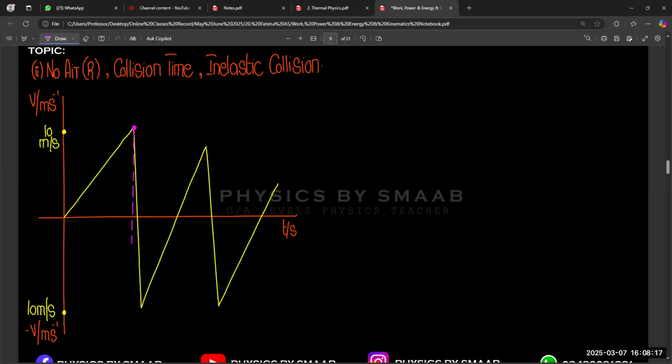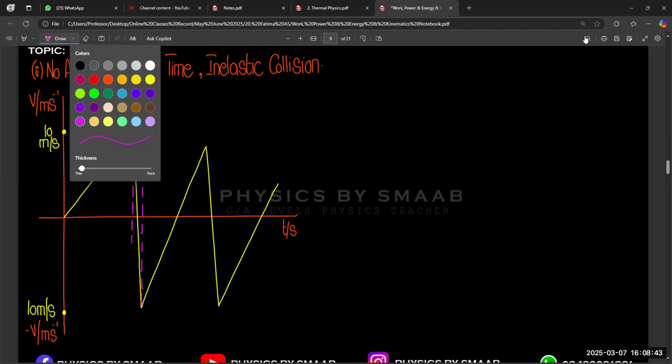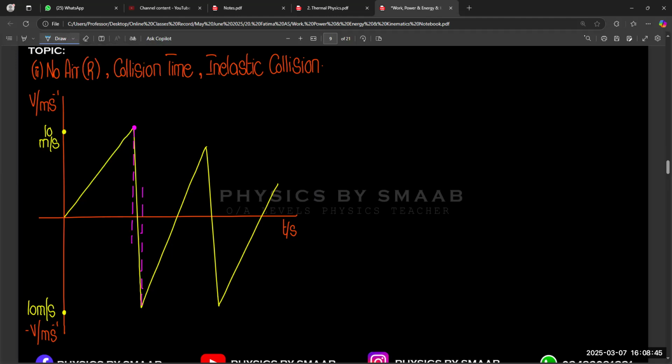If we draw a straight line, we can identify the difference. Basically this difference represents the collision time, because when a body collides with the surface, there is definitely a microsecond-scale time duration in which it strikes the ground and changes direction. And the other factors are the same. This represents the first collision.